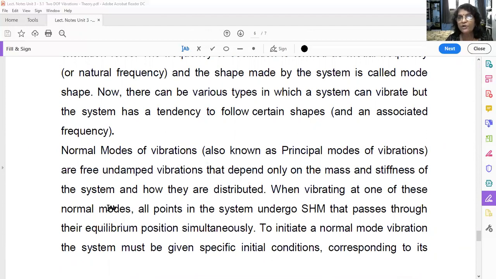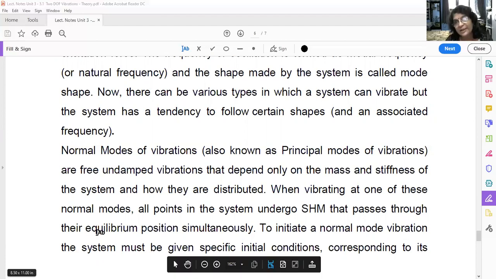See, right now whatever I am going to explain, you will understand hardly 50%. But I am sure when we solve the problem and actually find out the principal modes of vibration, at that time you will definitely understand the concept 100%. Okay, so just keep patience. Right now whatever you can understand, just try to grasp it.